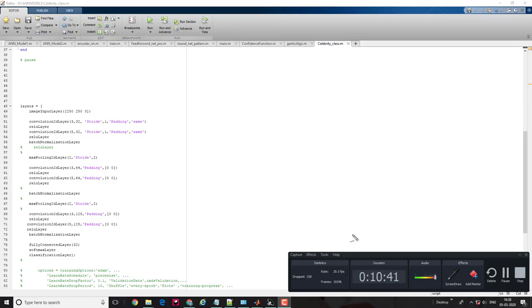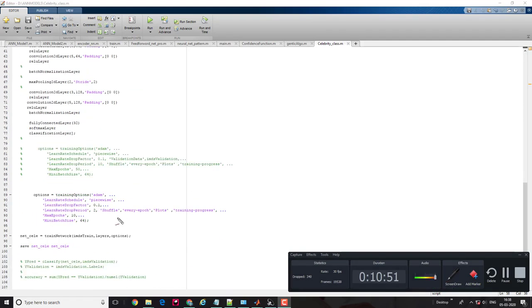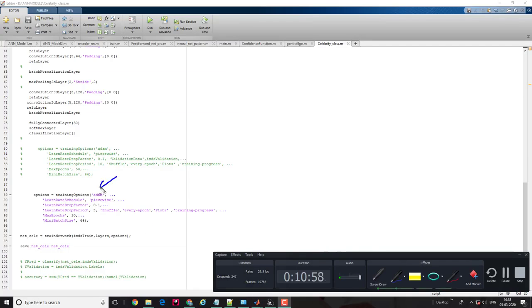As you can see here, it's really simple to design this neural network. Now it's time to perform training. MATLAB is already powered by a small set of built-in functions. All you need is to set the training options, how you want to do the training. For the training purpose, I am using Adam as an optimizer. The initial learning rate I have started with is 0.1, while it keeps dropping after 2 epochs, and the maximum number of epochs I have used here is 10, and the batch size I'm taking is 64.